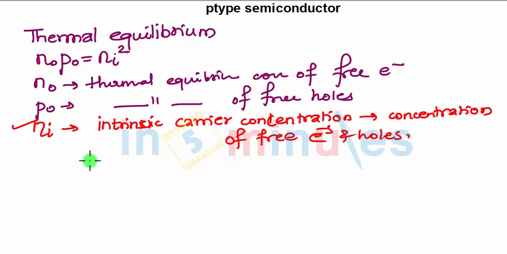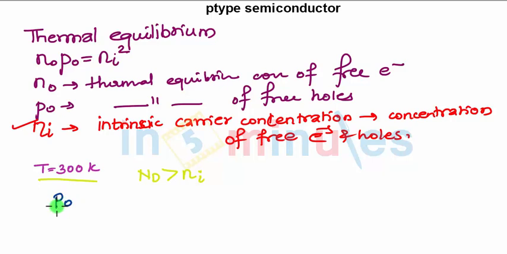Now at room temperature, say at temperature T equals 300 Kelvin, each donor atom, what will it do? It will donate free electrons to the semiconductor. Now at this temperature, if the donor concentration Nd is much larger than the intrinsic concentration, that means the donor number is more as compared to the total concentration of free electrons and holes, then in this case